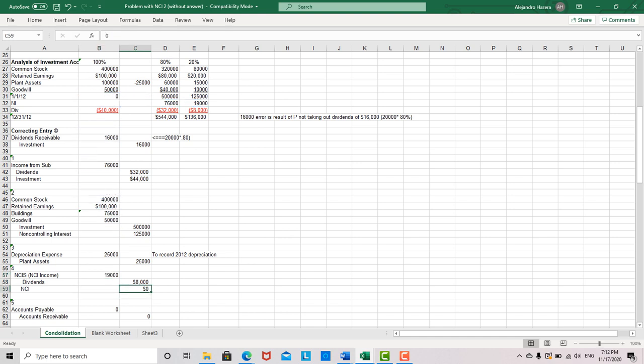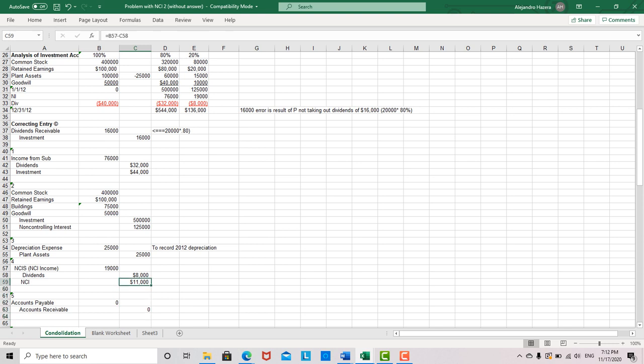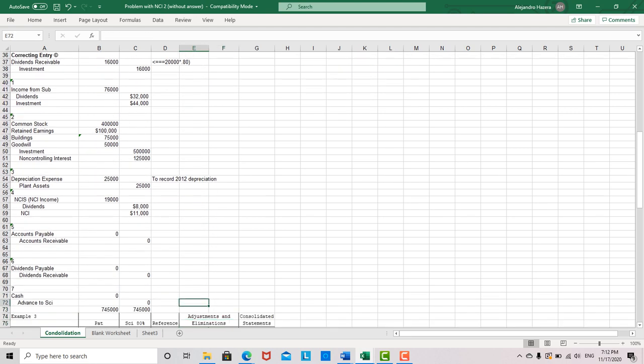Okay, and so the difference is that it went up by 19,000 income. Took out 8,000 dividends, so you have non-controlling interest went up by 11, and that 11 is equal to the difference between the beginning and ending. 125 to 136, difference is 11. Okay, so it's all reflected in that table. Okay, so now we've got a couple of